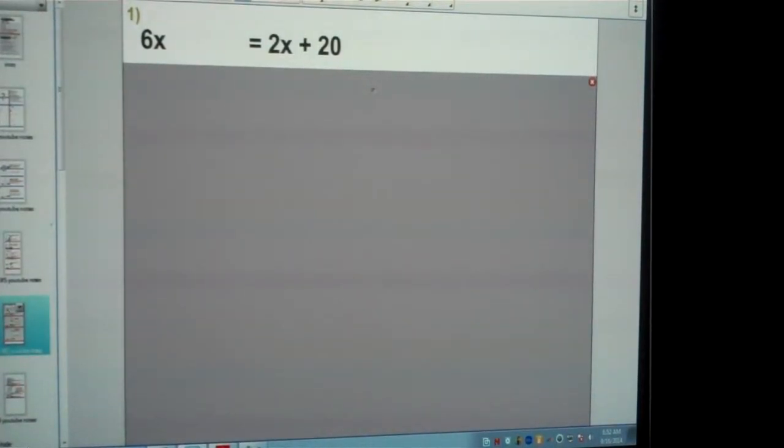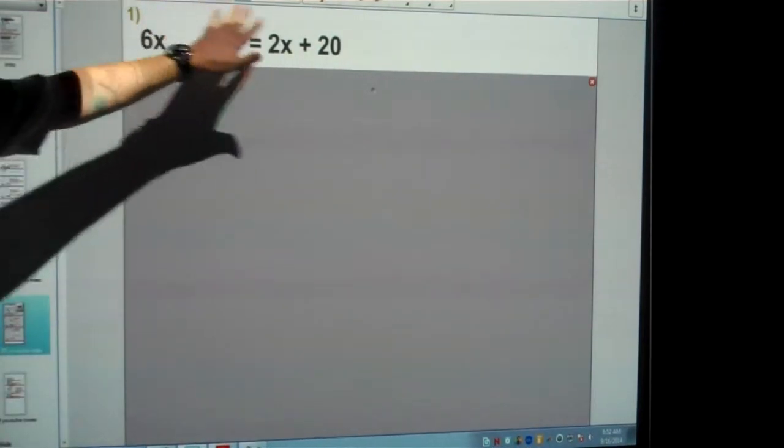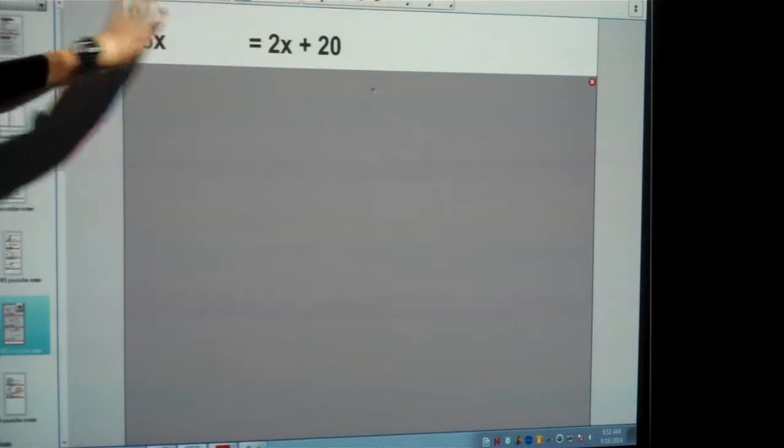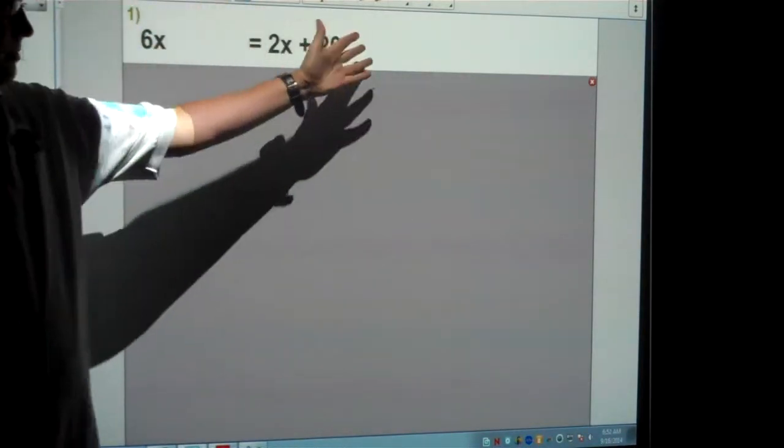Sections 6, 7 and 8 we're going to combine on this video. Really it's equations where we've got variables on both sides of the equal sign, with integers, with negatives and with fractions, just like we had in the previous section. So this time the like terms are the variables, so I want to collect those on the same side. I normally want to collect on the left hand side and I want to keep my numbers on the right